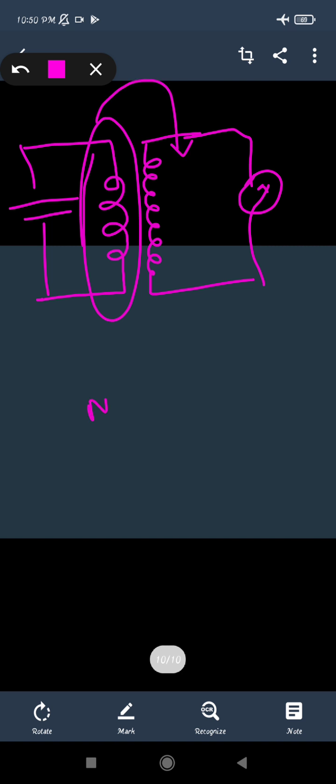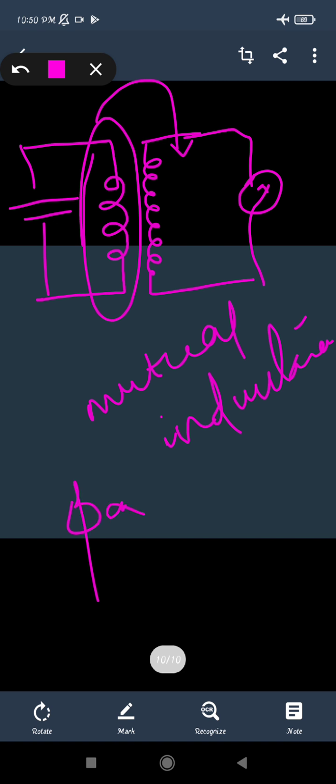This is what the mutual inductance is. That is, EMF is induced here, but it will try to induce the EMF in the neighboring coil also. So this is what the mutual inductance will be. Here also the formula will be the same, that it will depend on the current. It will be directly proportional to the current in the coil, that is on the primary coil itself.